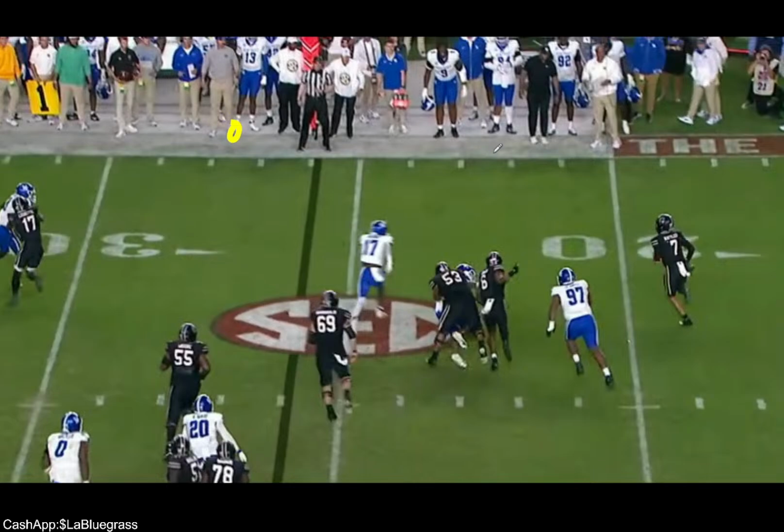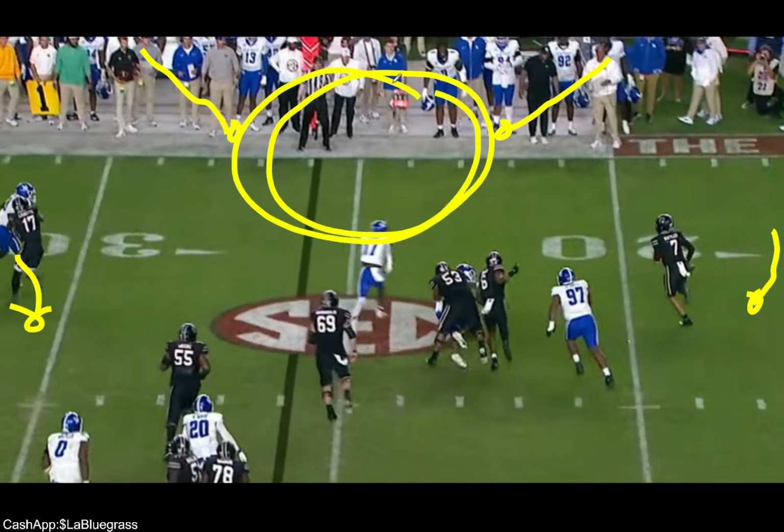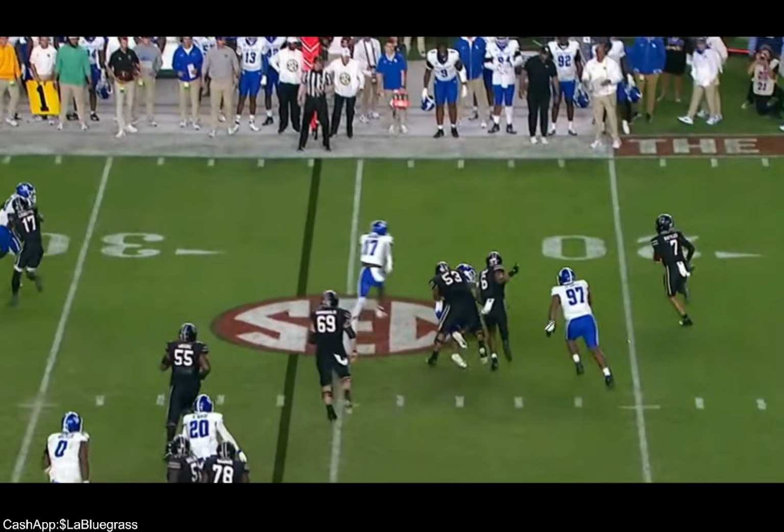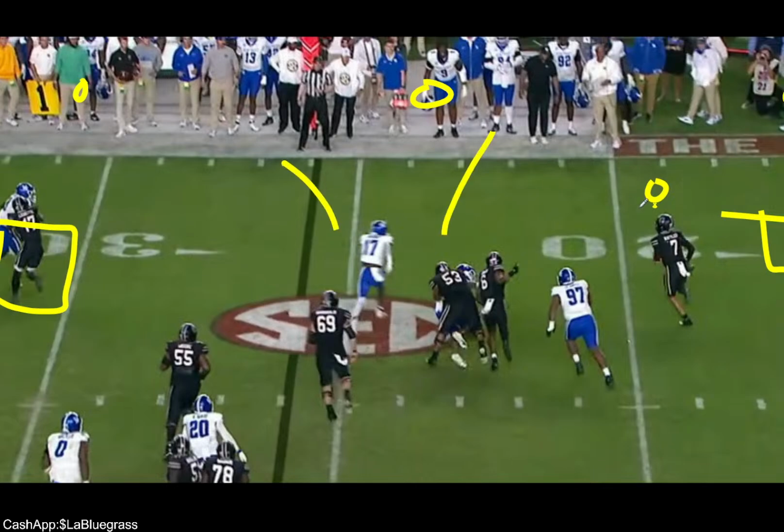If we're in split safety, cover 2, in theory, they play halves, they play short. The weakness of this defense is in the middle of the field. If you know that, it makes a difference. All right? And cover 3, when you got 3 high safeties with a safety playing curl flat, the weakness of this defense is the flats. Because you got 2 linebackers going to the hook, you got curl, there's no one in the flats.